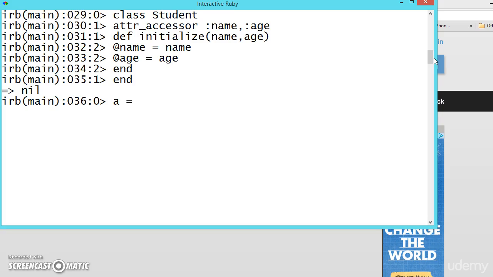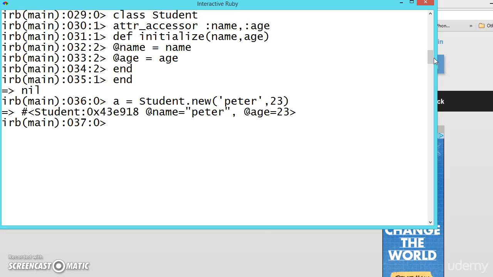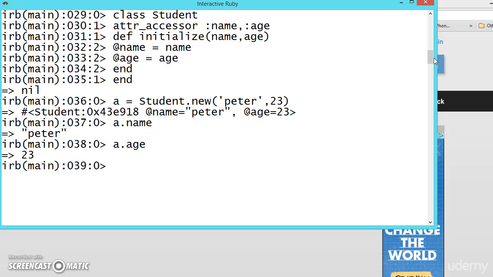a equals Student dot new, and give Peter comma 23. And now a dot name is Peter, a dot age is 23. Now we can change them also. a dot name equals, let us say, Williams.